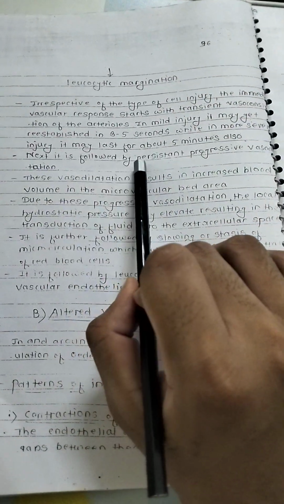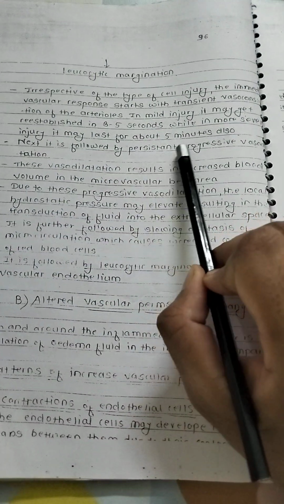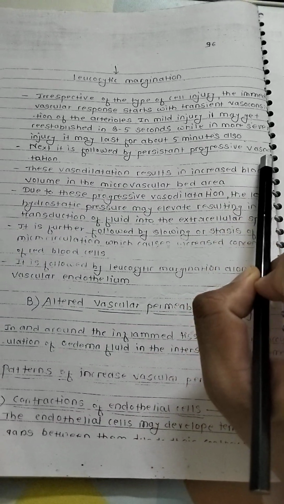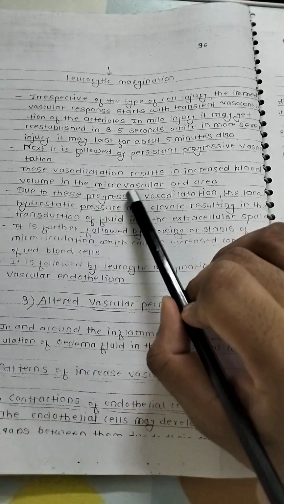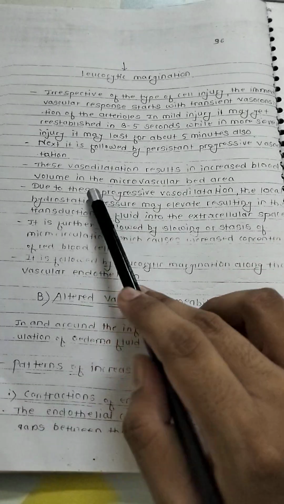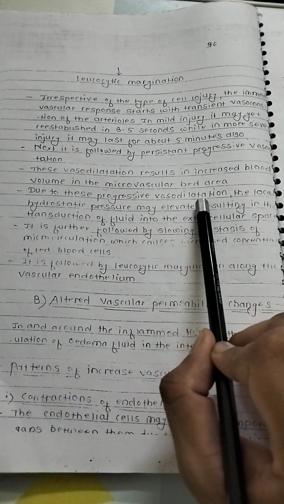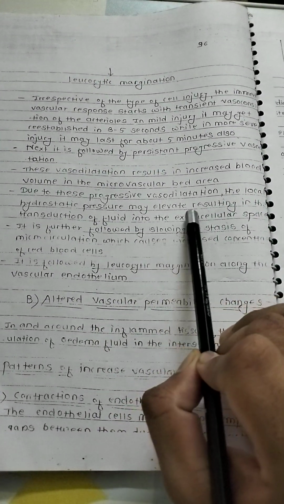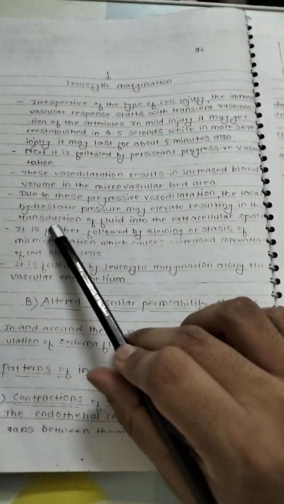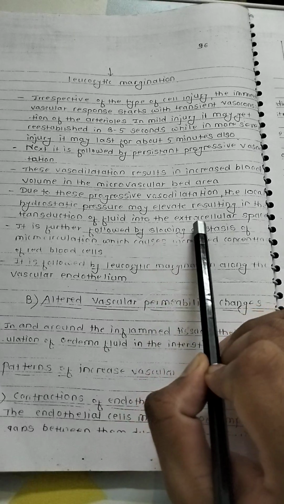Next comes persistent progressive vasodilation. This vasodilation results in increased blood volume in the vascular area. Due to this progressive vasodilation, the local hydrostatic pressure may elevate, resulting in transudation of fluid into the